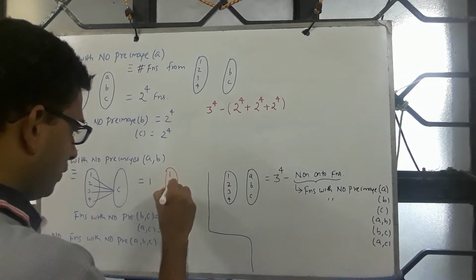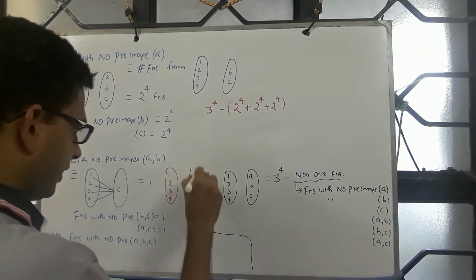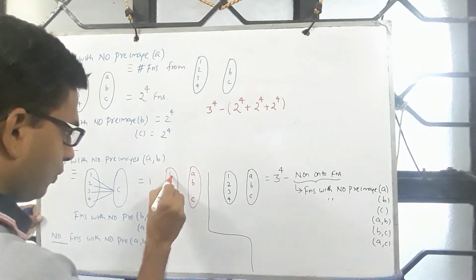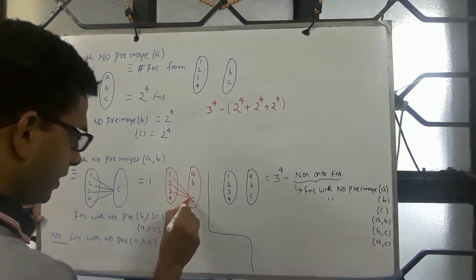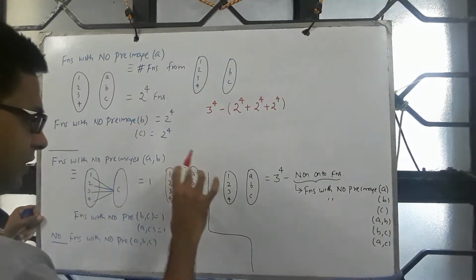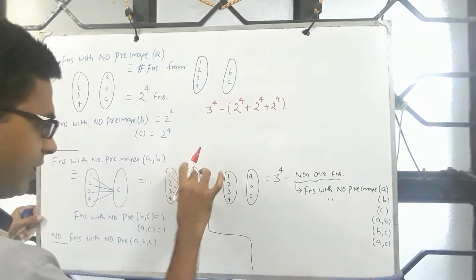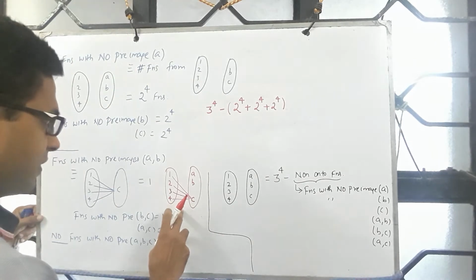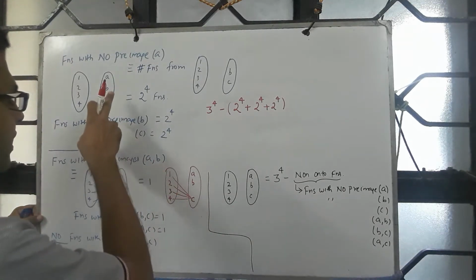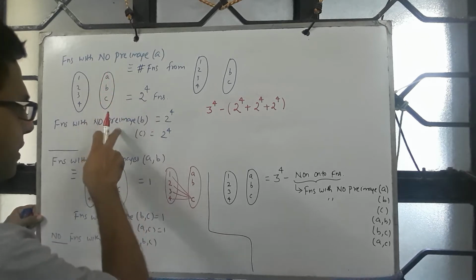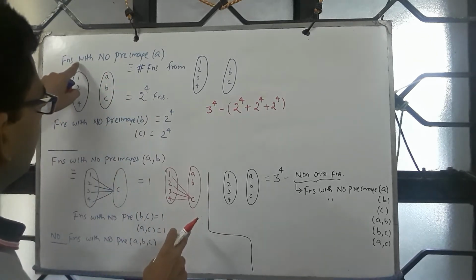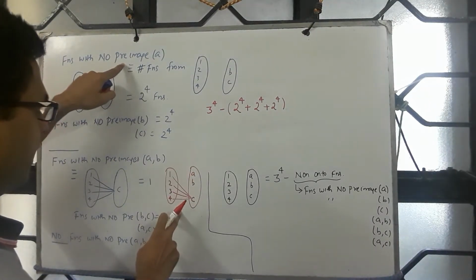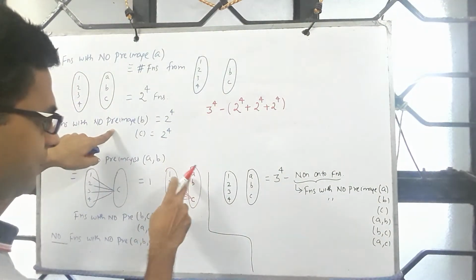Then listen. When we looked at functions with no pre-images for A and B, we add 1, 2, 3, 4, and on the other side we have A, B, C. Now this function is such that A and B together do not have pre-images. But this function we would have encountered and counted as part of this as well as this. This says function with no pre-image for A. Here is a function with no pre-image for A. And here is a function with no pre-image for B.